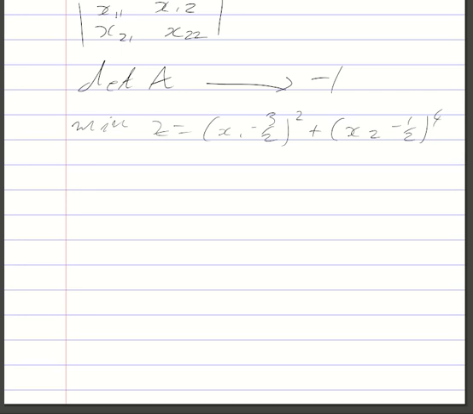Now this is a quadratic function plus a fourth order function, and if you've worked with these functions a bit, you can actually immediately see that this will be a convex function,